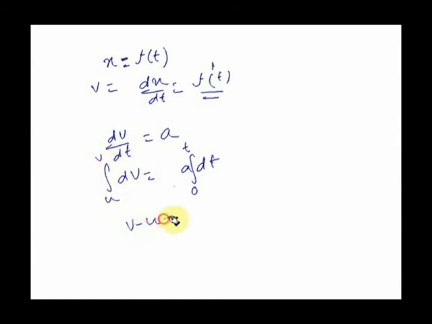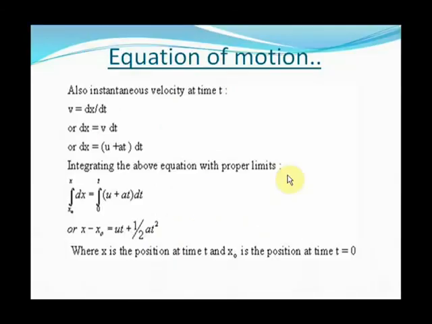So after integrating, we get v minus u is equal to a into t minus 0, or at. So v is equal to u plus at. So this means that velocity at any given time v will be equal to initial velocity plus at. Now let's find out the relationship between the position of particle, its